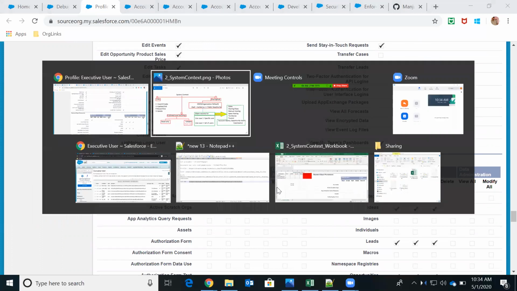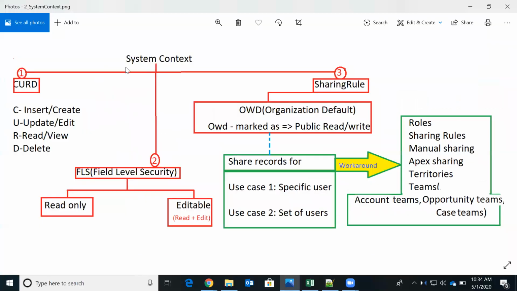Now we understand CRUD permissions, their use, and where these permissions are controlled. Now what we need to understand is what happens to CRUD in system context.